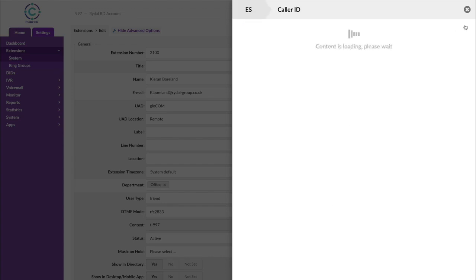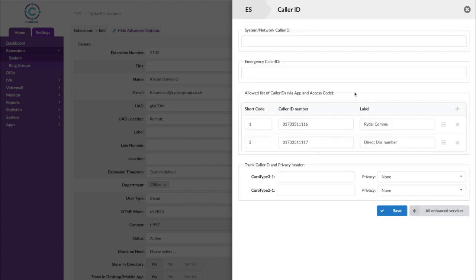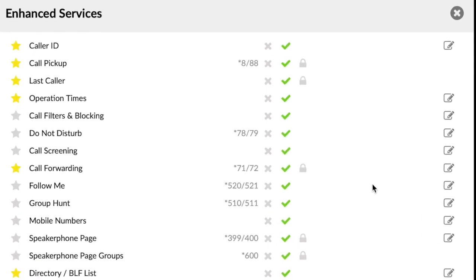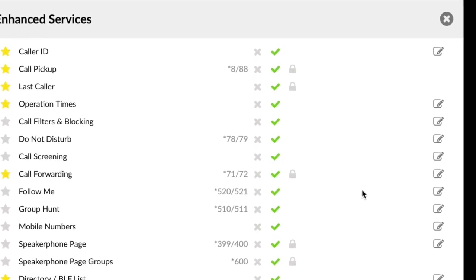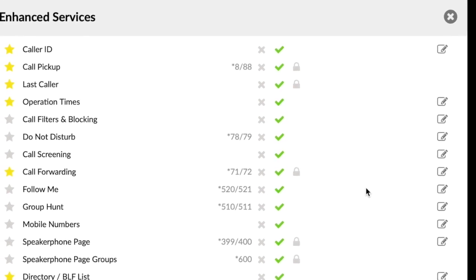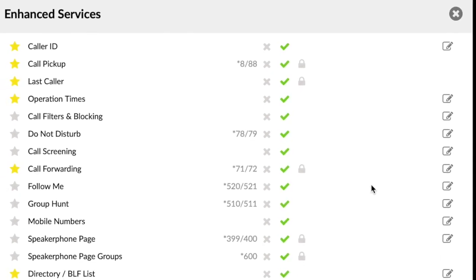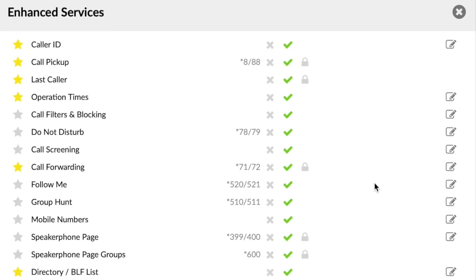Some functions also come with additional options. Caller ID, this is the number shown when you make an outgoing call. You can also use the edit button to change your caller ID. Call pickup, this is where the service enables users to pick up ringing calls of the same call group by dialing *8. Last caller, this service allows you to hear the extension number of the last caller and also to